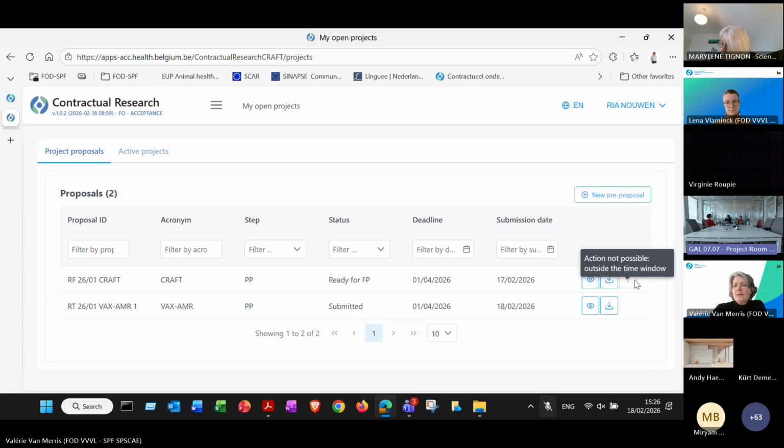You can see here a lightning, which is gray shaded for the moment because I'm out of the time window. But at the time that you will receive your automatic email with your selection result, that lightning will be bright red and you can start filing your full proposal with that button. By that time, we are preparing a new webinar to show you how it works to submit a full proposal